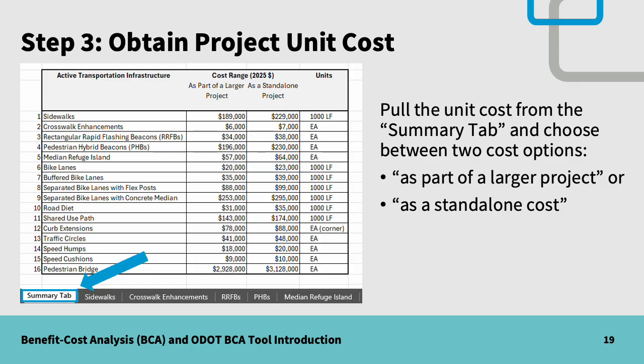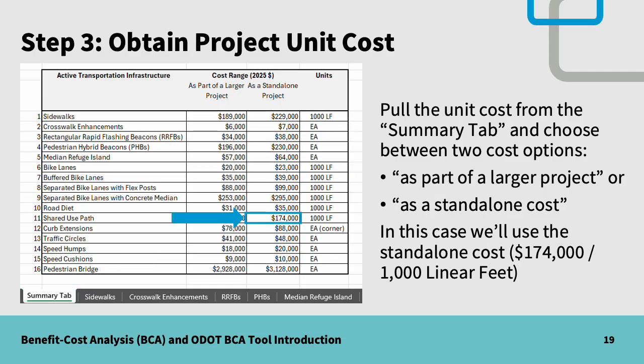Each Active Transportation Element tab is linked directly to the Summary tab. The Summary tab reports 2 cost options, as part of a larger project or as a standalone cost. As noted earlier in the training, the part of a larger project cost is slightly less expensive because of potential cost savings on mobilization and maintenance of traffic when bundling these elements with a larger roadway construction project. We are assuming we will build this hypothetical project as a standalone project, so we will pull the standalone project cost per 1,000 linear feet of shared use path in cell E11, which is